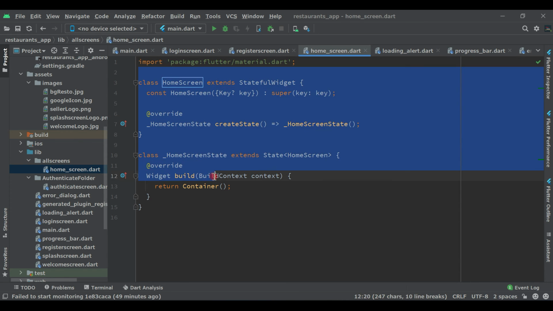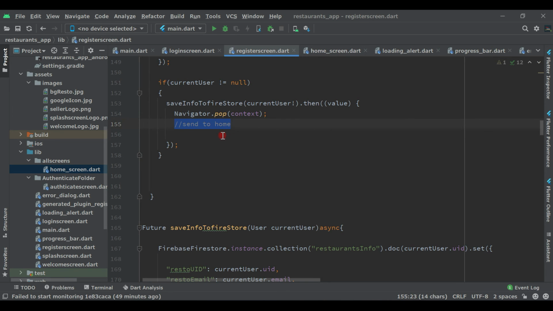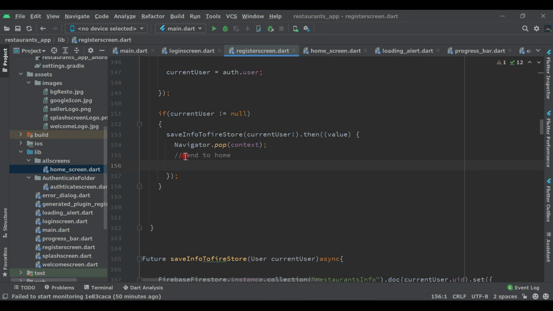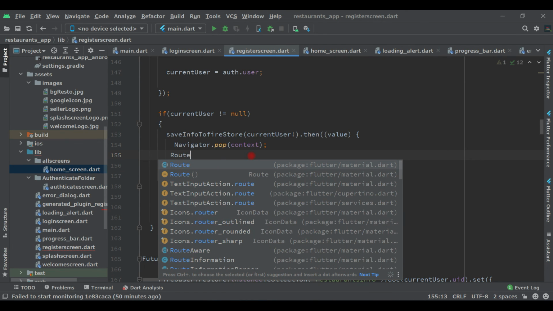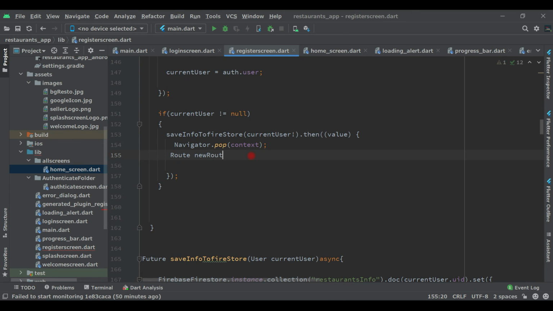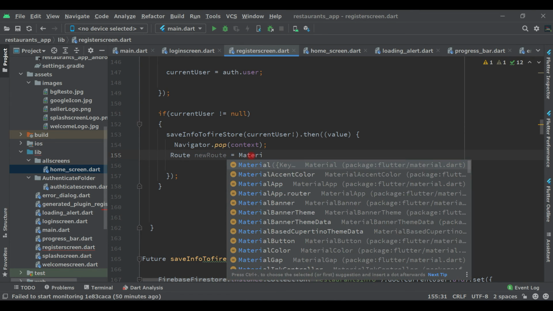Now we have to pass this route here: new route equals to MaterialPageRoute,